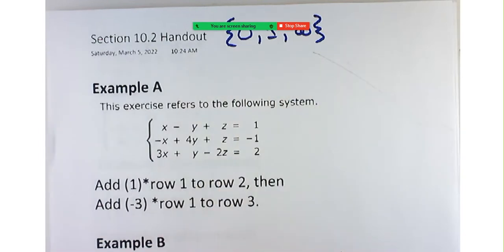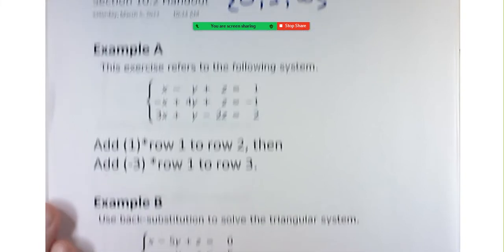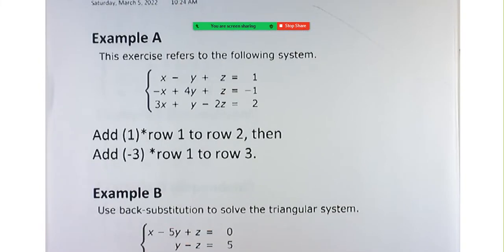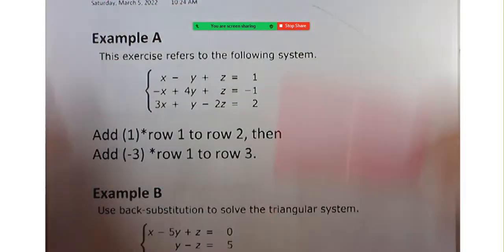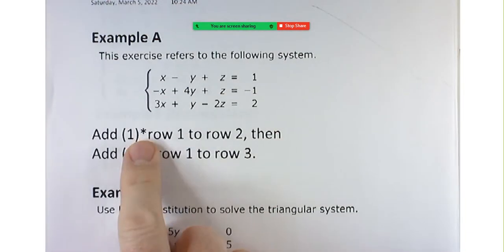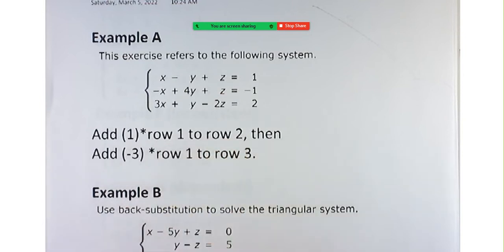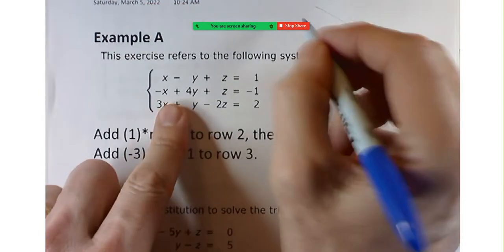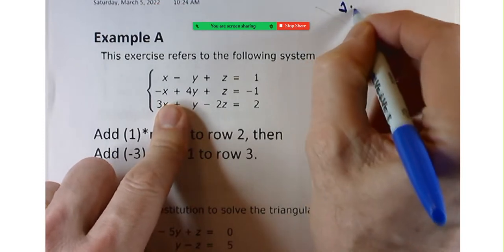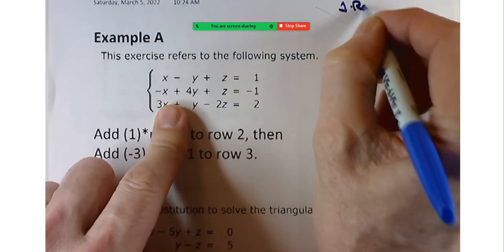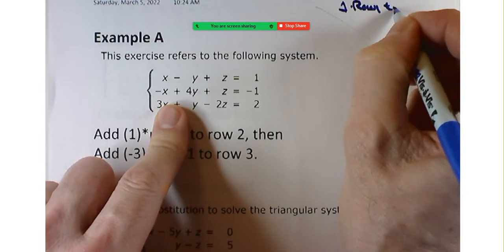So let's take a look at this first one. And this is just kind of building up skills in order to solve your 3 by 3 system of equations. So it says, you've got this 3 by 3 system of equations, add 1 times row 1 to row 2. Okay, well, let's practice that. So I like to write 1 times row 1 plus row 2